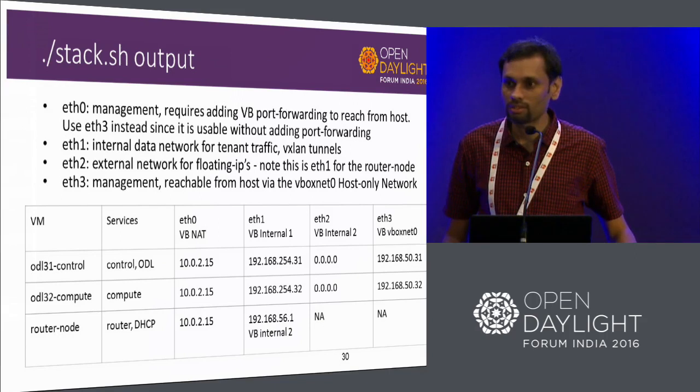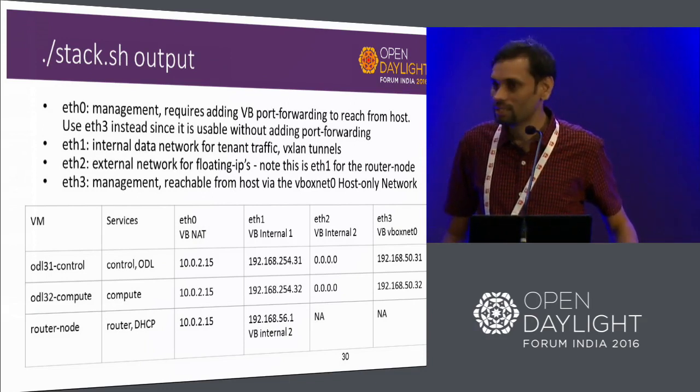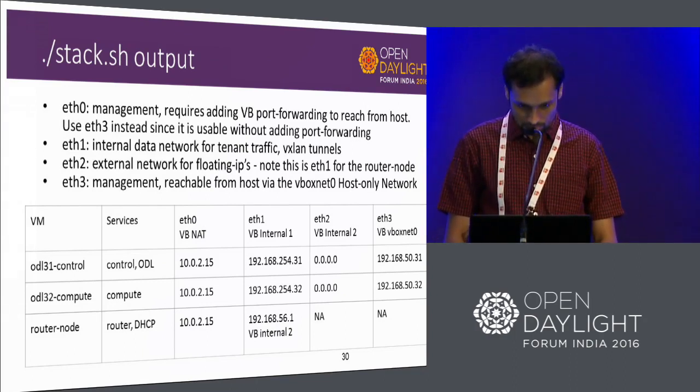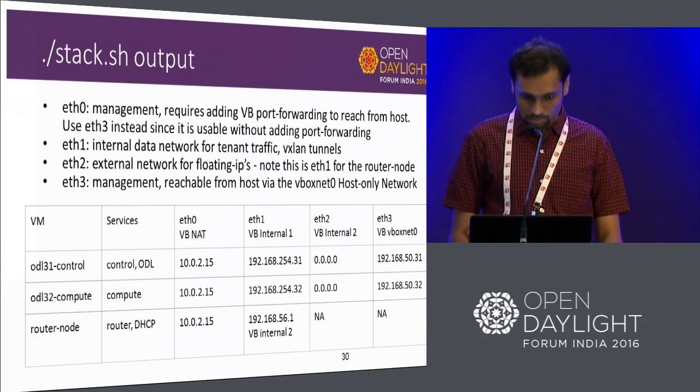With that, you can actually access Horizon. So when you want to access Horizon, you should actually use 50.31 as the IP, not 254.31. Okay, so let me show you how stack.sh